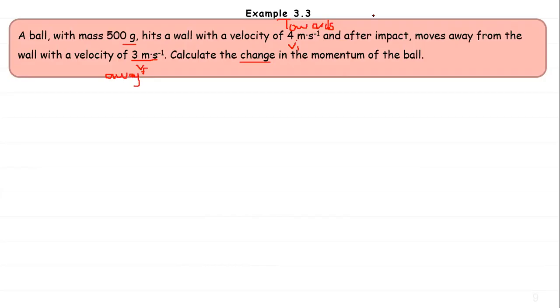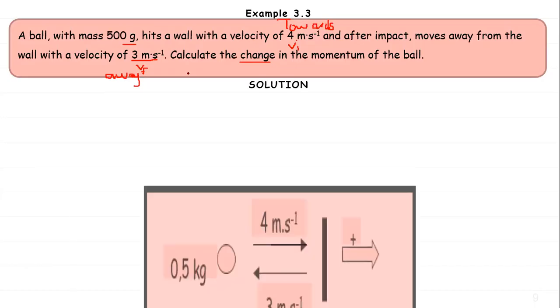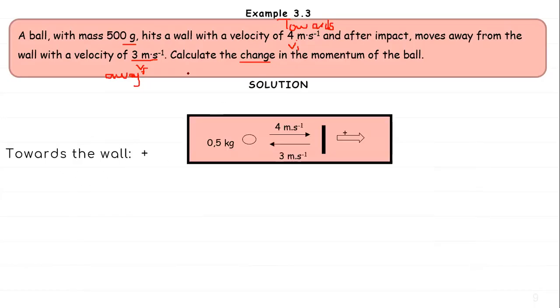So the directions are different. And if the directions are different, remember, velocity is a vector. So I need to substitute it with direction. Now, what do I notice here? If one direction will be positive, then the other direction is going to be negative. So to calculate the change in the momentum of the ball,